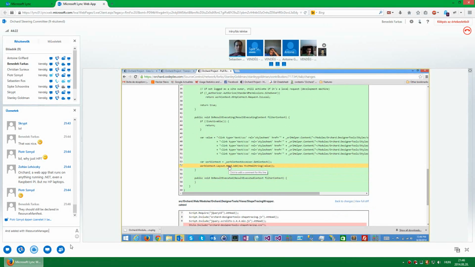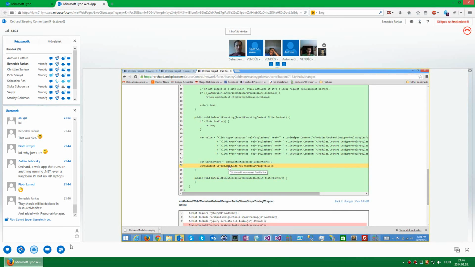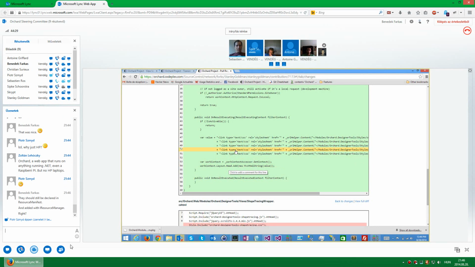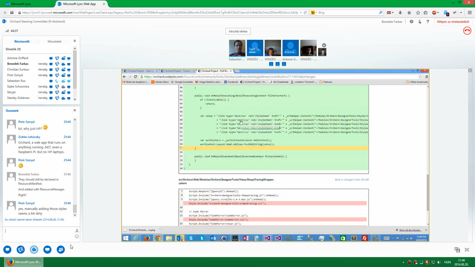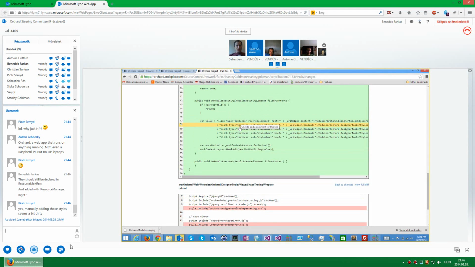Okay, so you add it to the head like this. Why a filter? Because if it were added with the resource manager, you can't guarantee that the style sheets are added last.